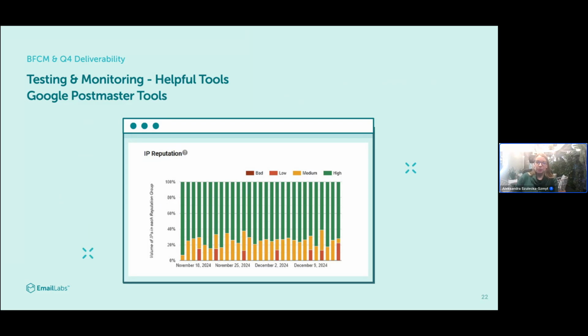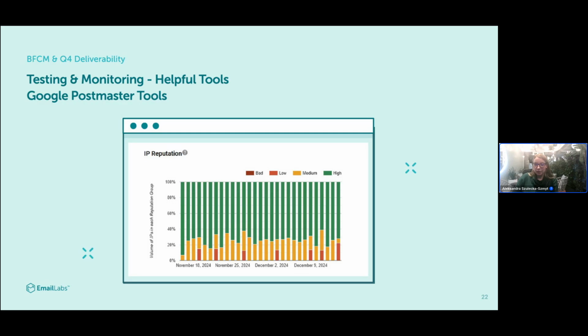One of the most important and helpful ones is Google Postmaster. It is because most client bases, as of now, have up to even 60% of contacts with Gmail addresses. And Gmail displays the data about the sender on their own portal. The good news is that this tool is free and very easy to set up.